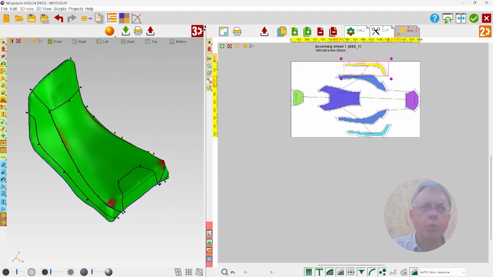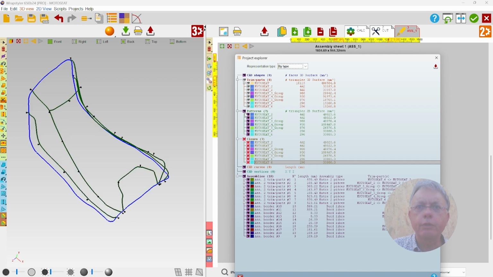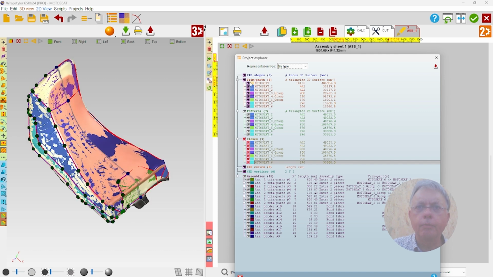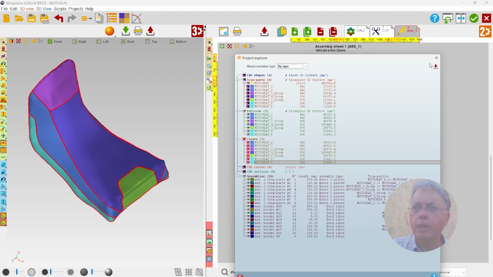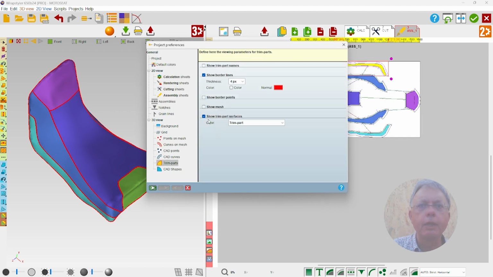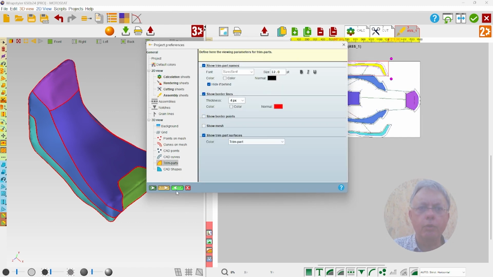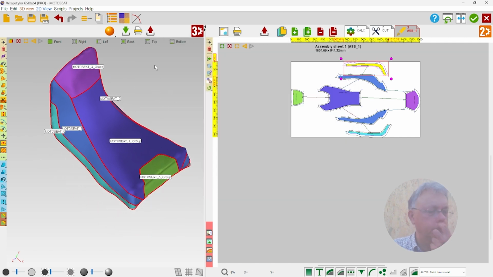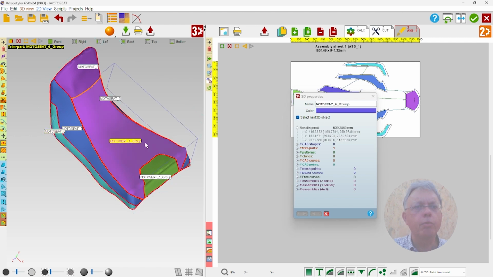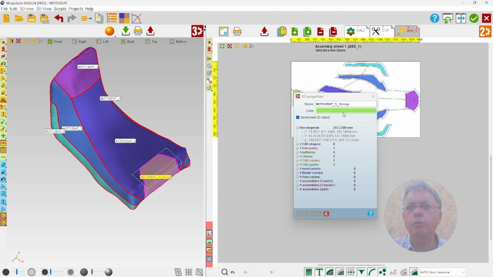and eventually we can also add a nice 3D image with some names. For example, we can show the name of the part on the 3D view. Maybe rename this because it changed the name after the merge of the various parts.